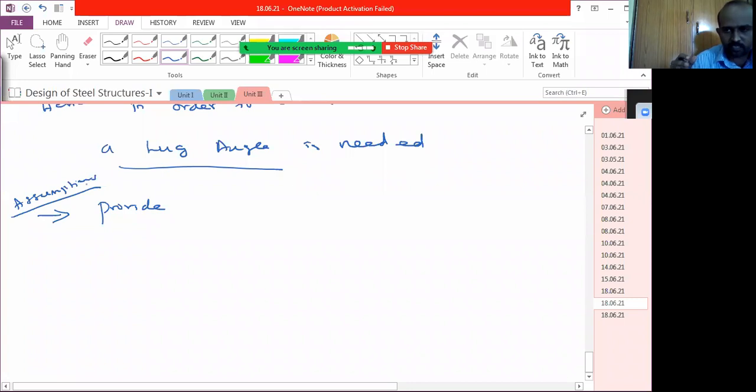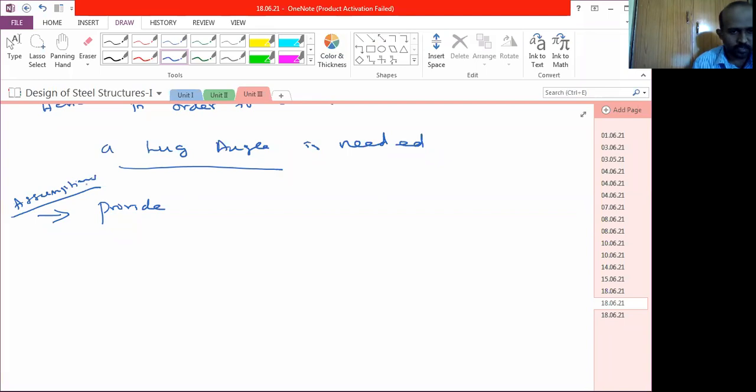If the checks are not satisfied, you have to re-assume things. If the checks are satisfied, our assumption is correct and we can proceed with that assumption. In design, you have to do such a process all the time: assume something and check, and if the checks do not come correct, you have to redesign. Your assumption is correct and checks must be satisfied.